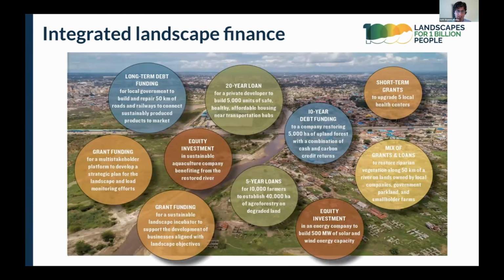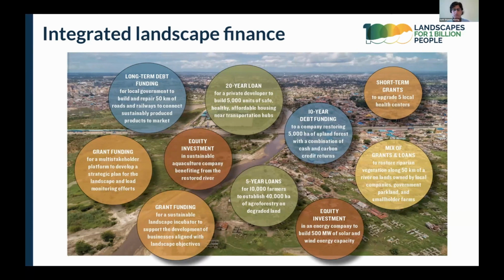So how does finance fit into this discourse around integrated landscape management? And what can we do about it together? So what do we mean by integrated landscape finance? The way we talk about it is an approach and a set of tools for funding landscape scale transformation. We believe that looking at finance in this context introduces new ways of thinking about how different projects and enterprises can interact in ways that relate to profitability, risk, social and ecological